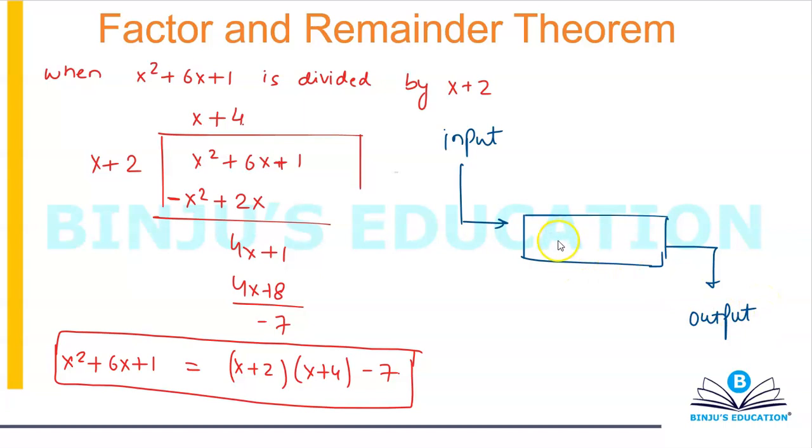For example, let's suppose I give you a function f(x) is equal to x plus 2. You provide an input value of x is equal to 1. You're going to get an output value of f(x) is equal to 3, or y is equal to 3 if you want to replace f(x) by y. Provide input value of x is equal to 10, you'll get an output value of 12. Provide input value of x is equal to 4, you'll get an output value of f(x) is equal to 6, and so on and so forth. So we're going to relate the factor theorem and the remainder theorem to this principle.